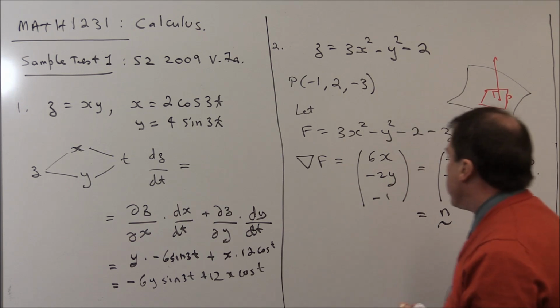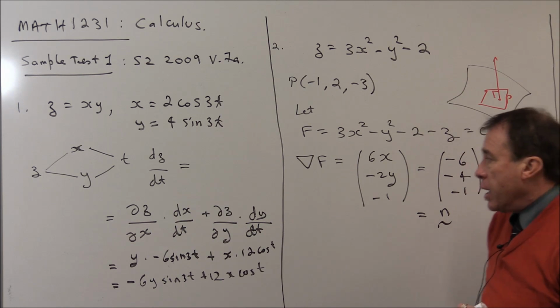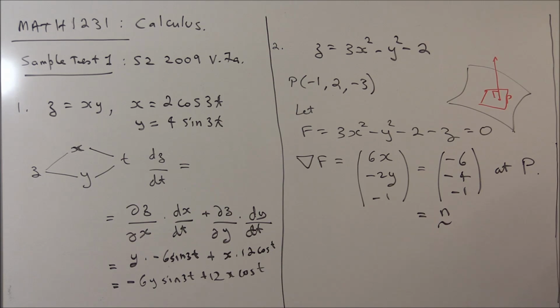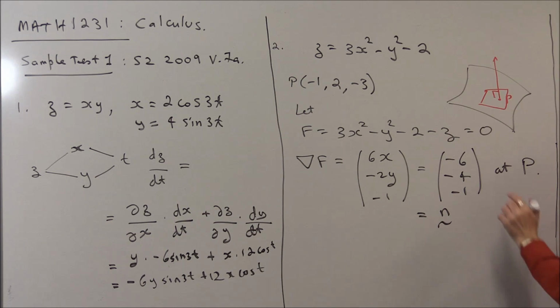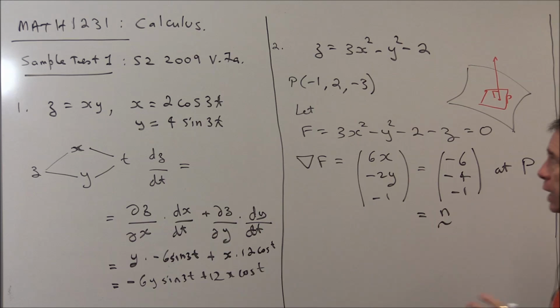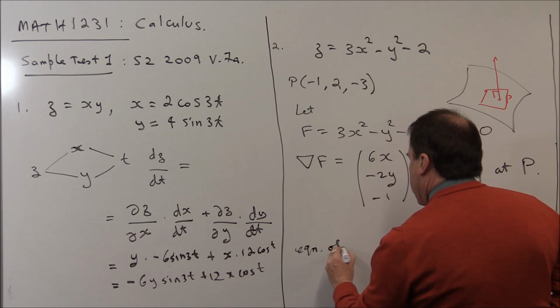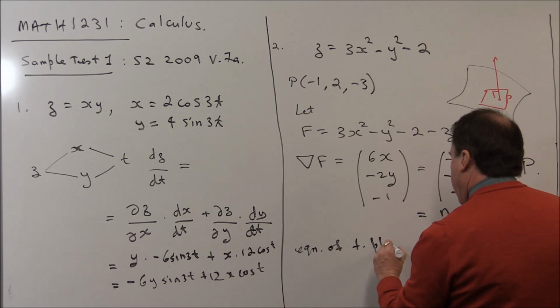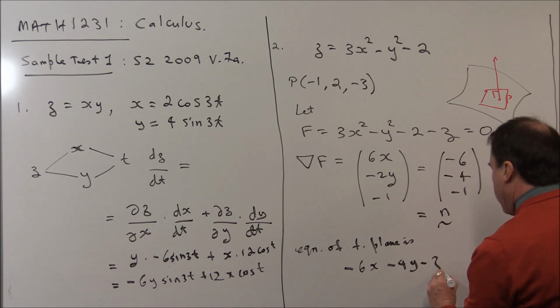That is the normal vector they wanted, minus 6, minus 4, minus 1. Now, to get the equation of the tangent plane, again, there are many different ways of doing this. I like to just think of it like this. You saw in Maths 1A that for the equation of a plane, the coefficients of x, y, z are just the normal. So in other words, this plane has equation ax plus by plus cz, where a, b and c are just these components, equals some number d. So I'm just going to write down, without doing too much work, the equation of the tangent plane is minus 6x minus 4y minus z